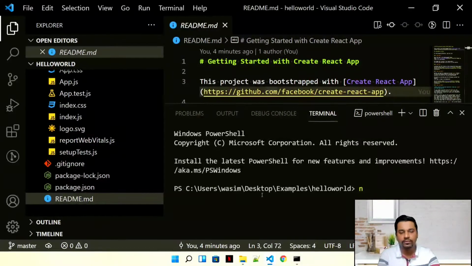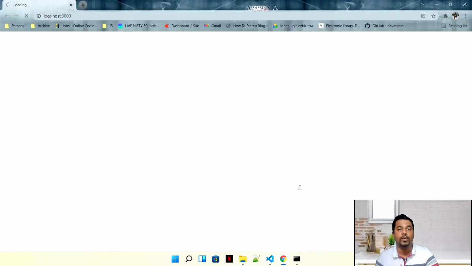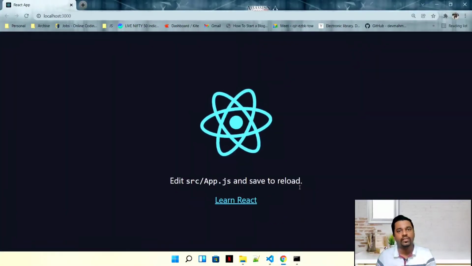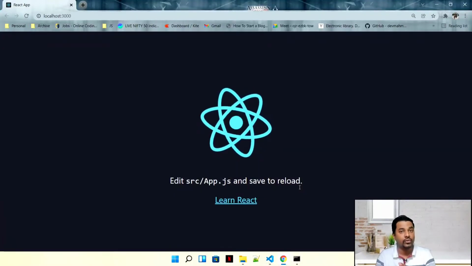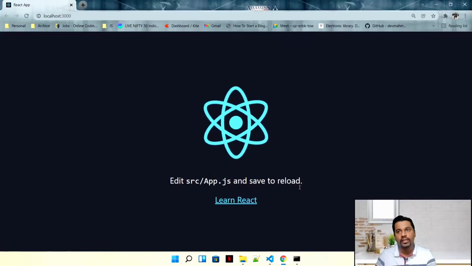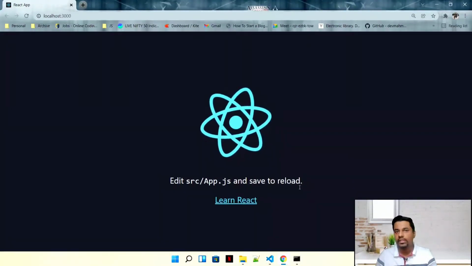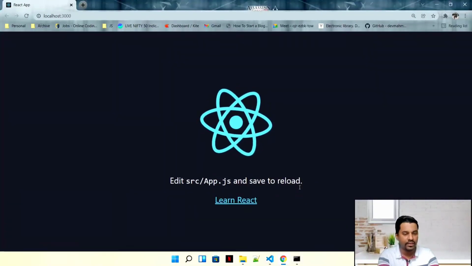If you write this command, it will compile and open it in your default browser. Right now my Chrome is my default browser, so it opens it in Chrome. Whatever default browser you have, Internet Explorer or whatever, it will open it there. I don't recommend running React applications in IE. That is a bad habit. You should use upgraded browsers. You have Edge, you have Chrome, then you have Firefox, Safari and so on. Use the latest browsers. That is very good.